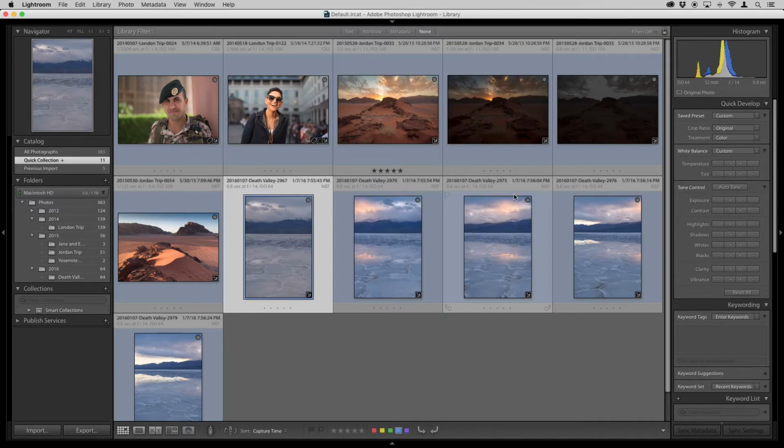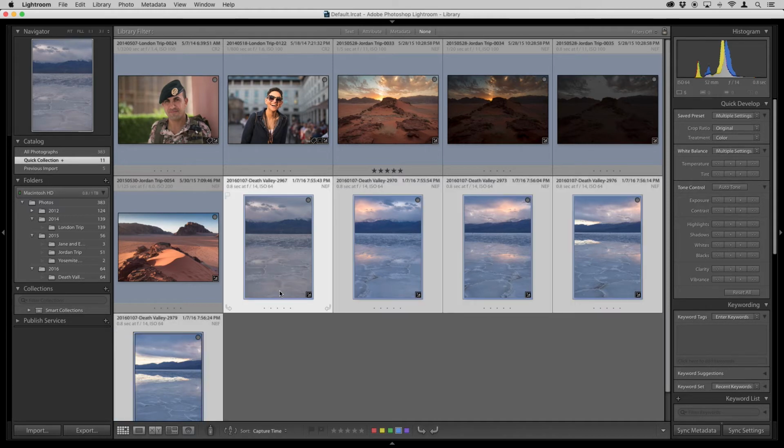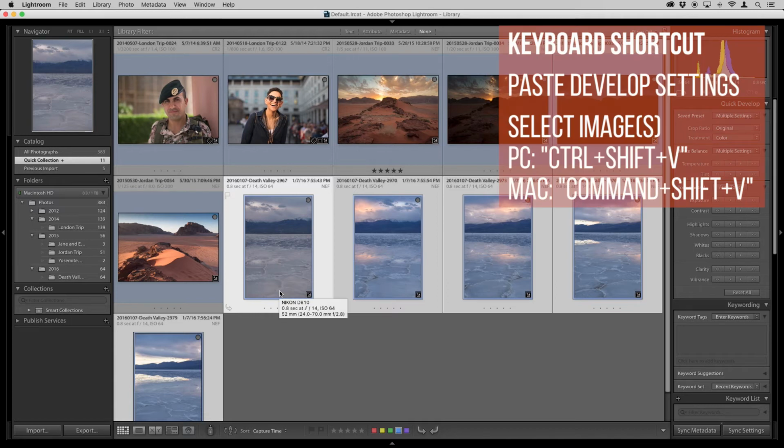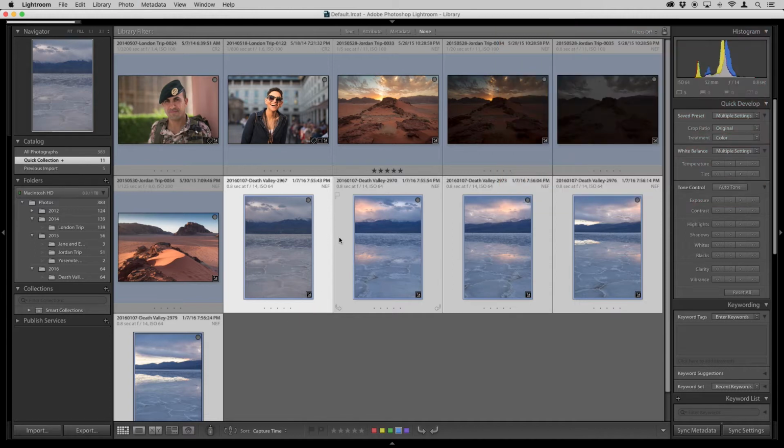And then what you can do to be able to paste everything into a group of images, I again select the group of images, and then the shortcut for that is Command-Shift-V on a Mac or Control-Shift-V on a PC. So I'm going to go ahead and do that, and as you can see, all the changes got applied to these images.